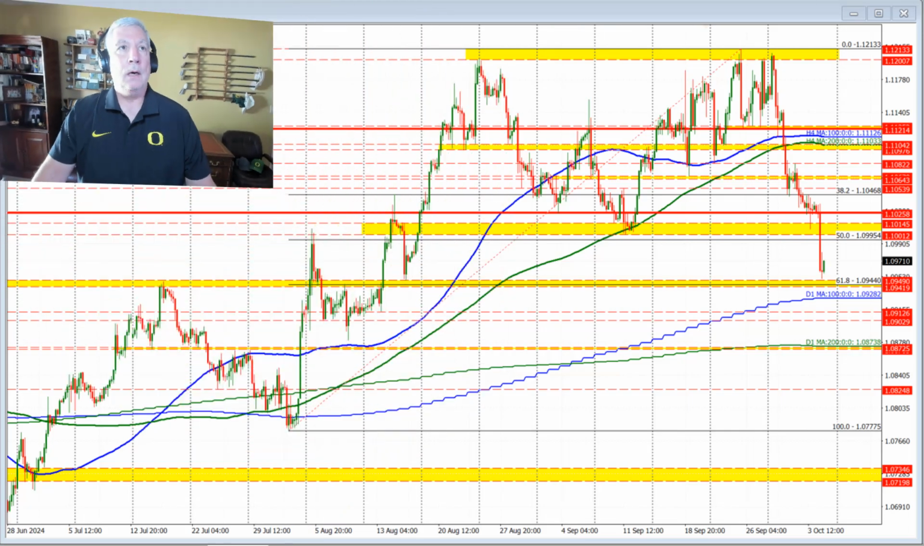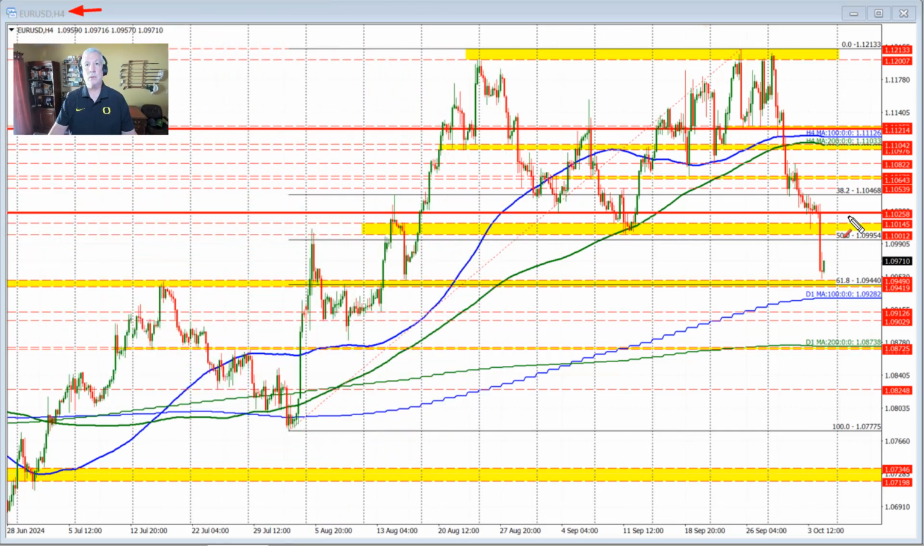This is a Forex quick look as we head into the weekend for the euro versus US dollar. What are the key levels that are in play? What can we look forward to in next week's trading? Let's get started. We'll look at a 4-hour chart here, and what we saw in trading here today was a